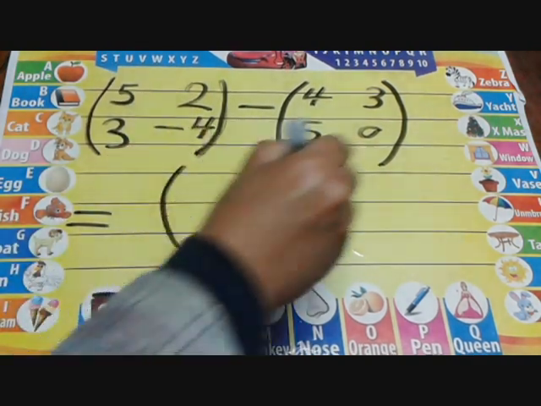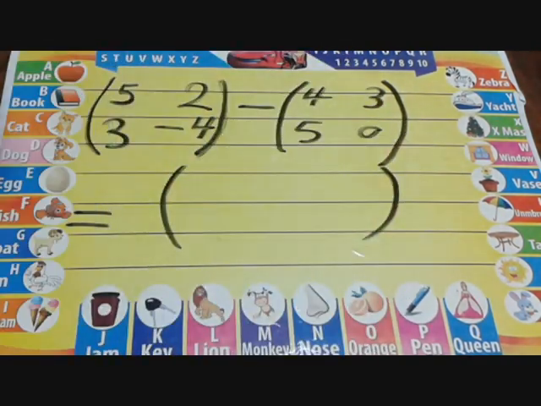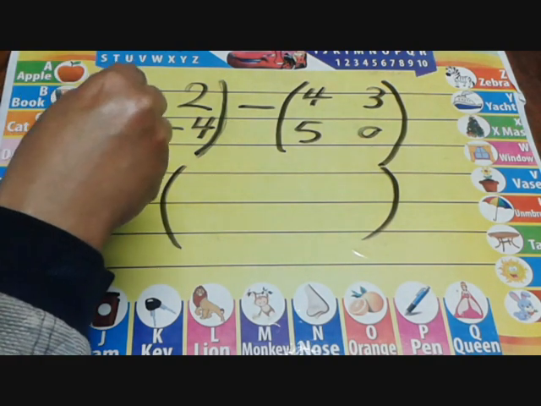Equal what? Subtract the corresponding elements. 5 minus